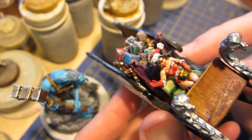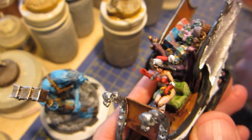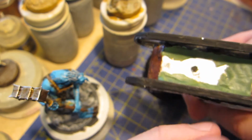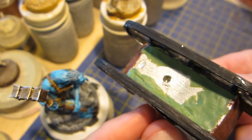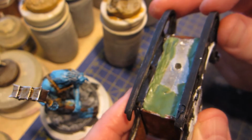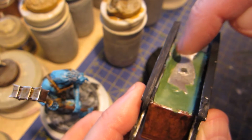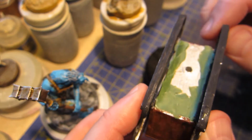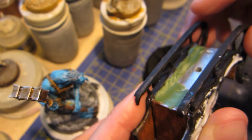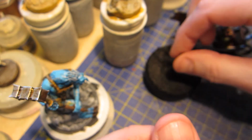But as you can see here, I have done a little work on this sleigh. I've attached the sides. I've not only attached them, I've gap filled a little bit here on the bottom, not for appearance, but for structural reasons, because there was a huge gap here that meant the glue connection was very unstable, and I needed something to fill it out. So I'm going to paint over this and finish up the bottom and the sides, and then the base finally